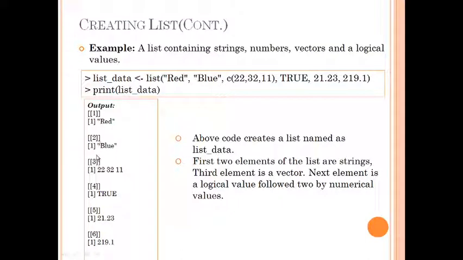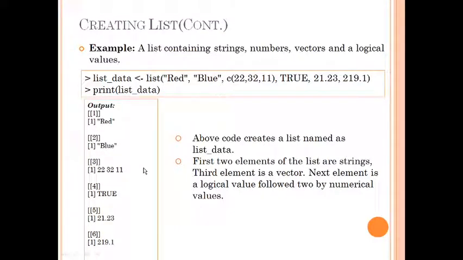So these numbers inside double brackets are the indices for individual elements, and within that element, these are the row numbers of the values. Now, if any particular element has more than one value, like a list can have a list inside it or a matrix inside it, in that case the second value will have 2, 3 and likewise subsequent row numbers. And these numbers enclosed within double square brackets are the indices of the individual elements.